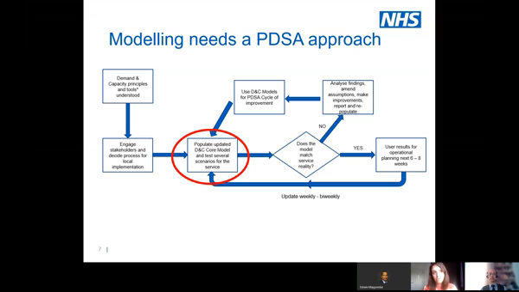It's understanding your service. And what you'll find is, as you understand your service better, you will find improvements that you can make. So for example, a community service that recently modeled their service found they had a long waiting list. It was because their appointment system wasn't working well. So it was actually really difficult for patients to make an appointment or to reschedule an appointment. So you could say that's not really part of DNC modeling, but it was part of this PDSA